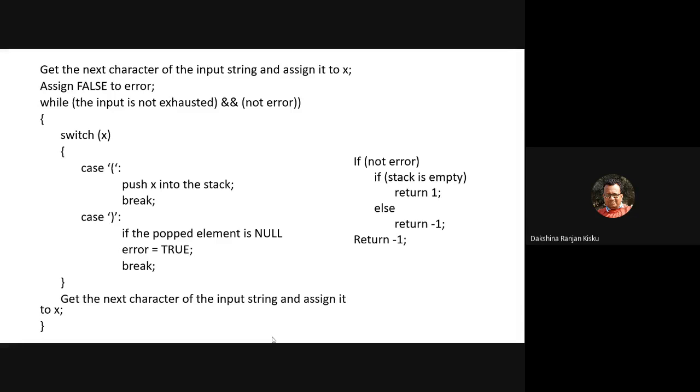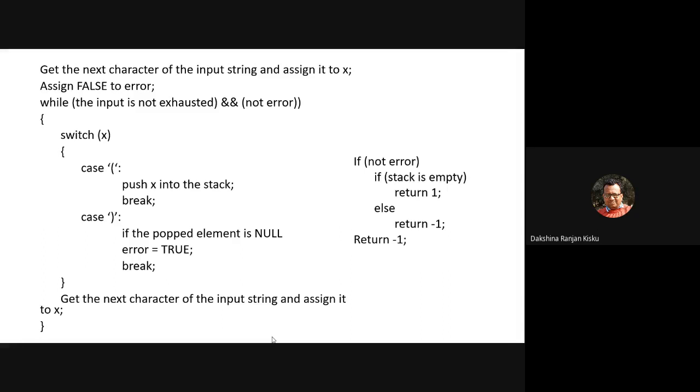If the character is an opening parenthesis, we push it into the stack. If the next character is a closing parenthesis, we try to pop an element from the stack.